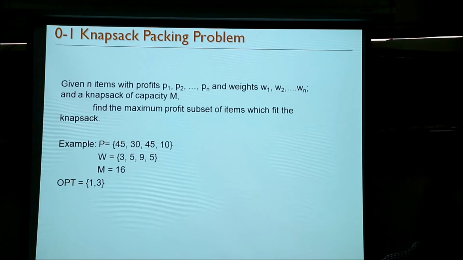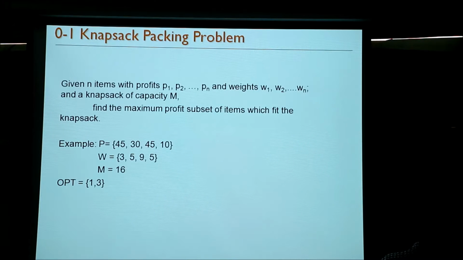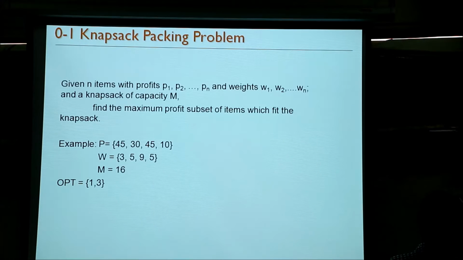We have sorted the elements based on the P by W ratios, which are 15, 6, 5 and 2. The first step is to sort the values by the profit to weight ratio, and then these are the elements N1, N2, N3 and N4.